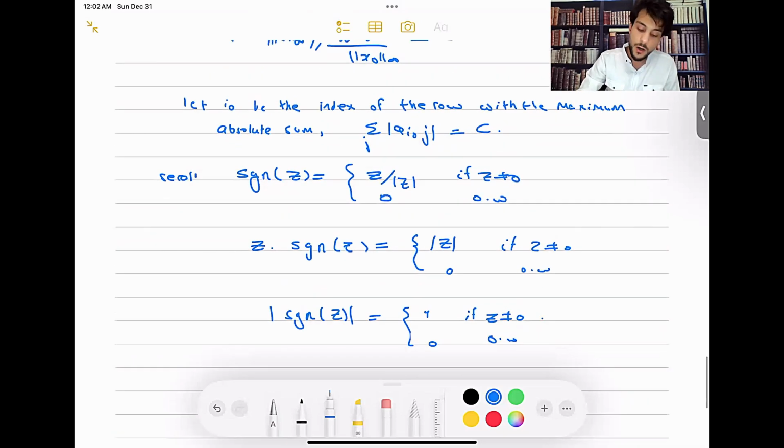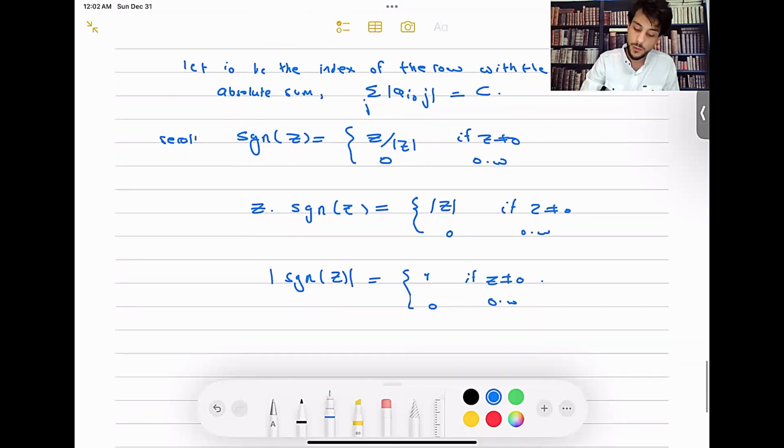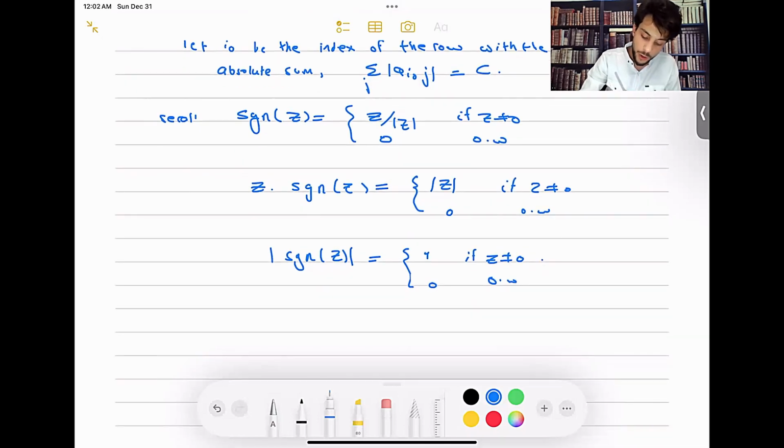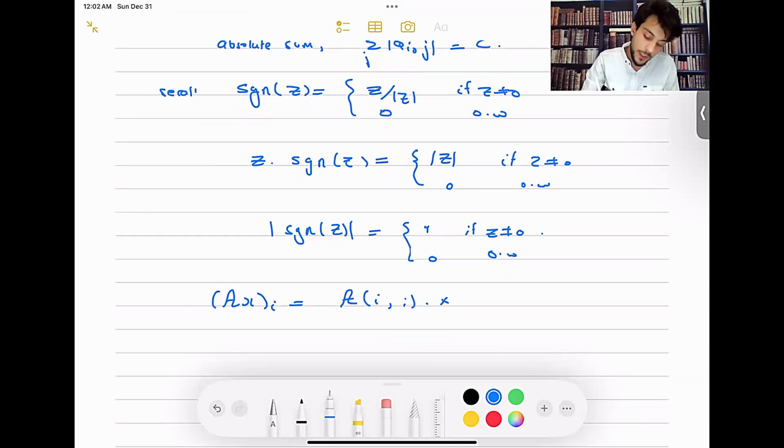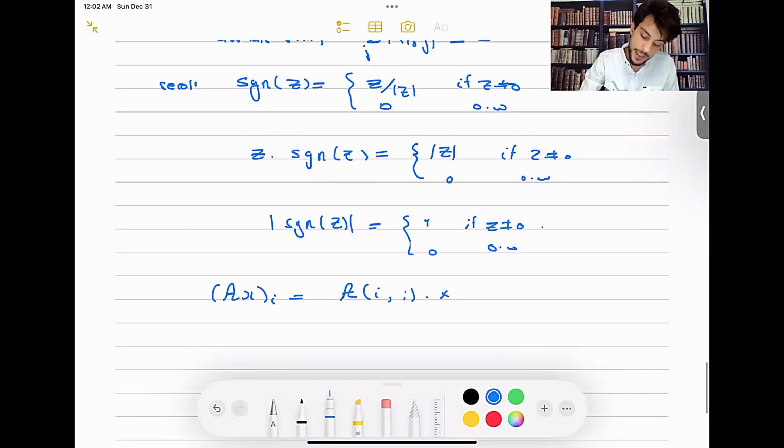Okay, that is cool. All of this is to say the following. Recall if we have Ax and we're taking the ith entry of it, this is just the ith row after hitting it with x, after taking the dot product with x. Okay, so if you look at this, what you're gonna see is that